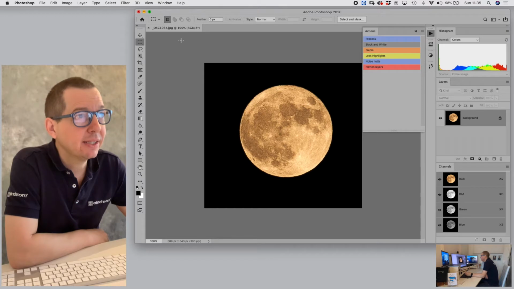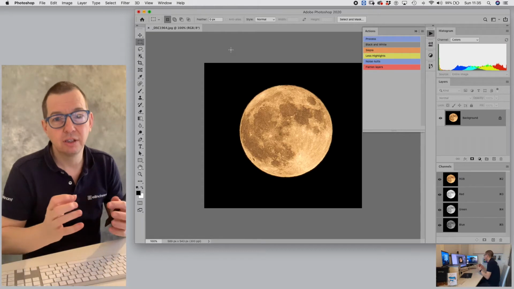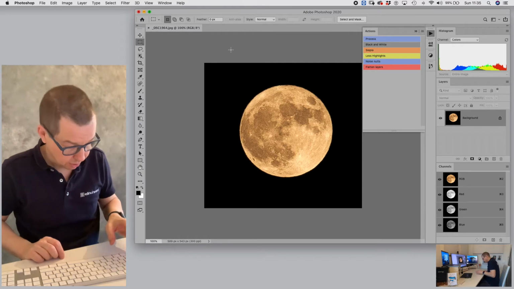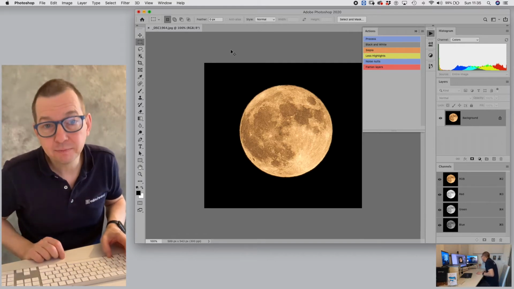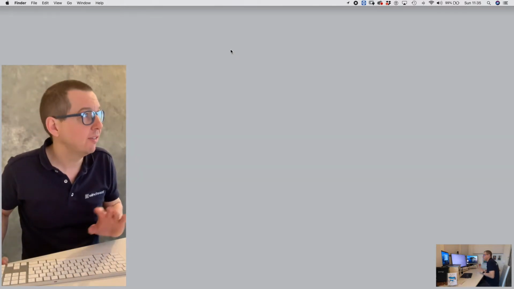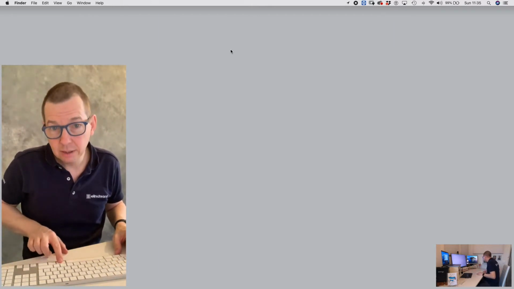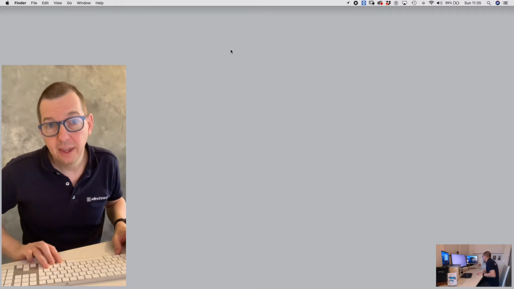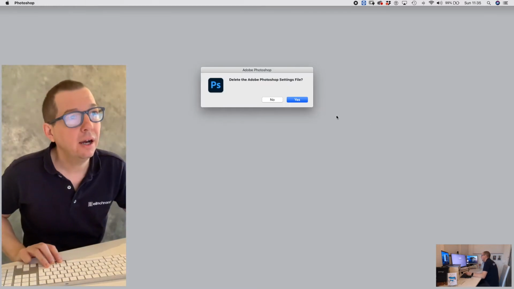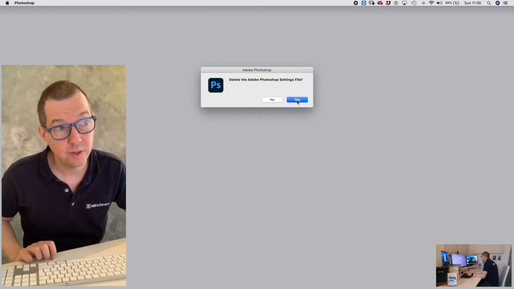So let's quit Photoshop and then go completely back to how it would be out of the box. So Command and Q. So you see that will then quit Photoshop, and then I'm going to launch it by pressing Command, Option, Shift. And then it should open up Photoshop, and ask to delete the settings file. Yes, we want to do that,